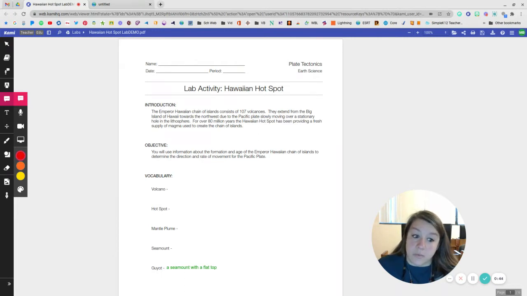I have looked up one of the vocab words for you because it is not a common one that I've heard before, and I just wanted to make sure I knew what it was before you knew what it was, and that is a guyot. It's a seamount with a flat top. So it's an underwater mountain that has a flat top. So it's almost like a